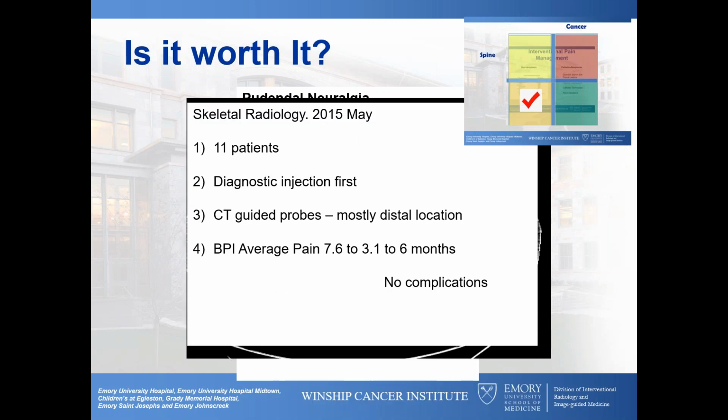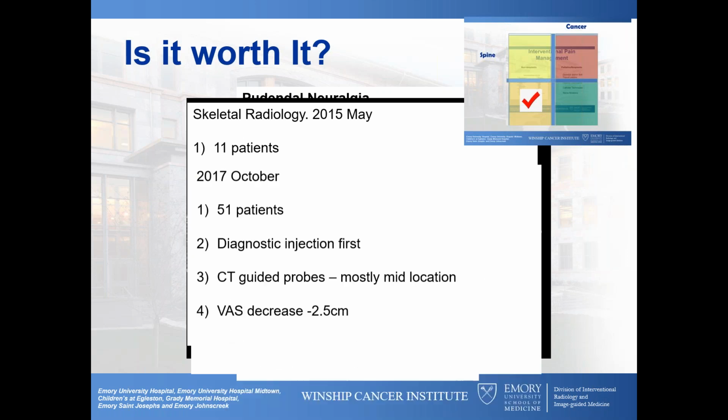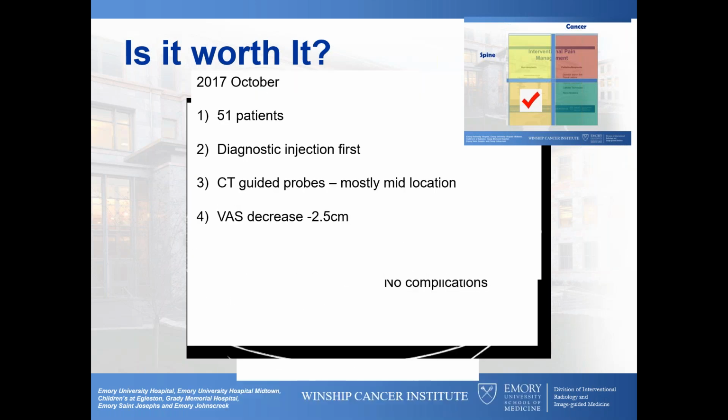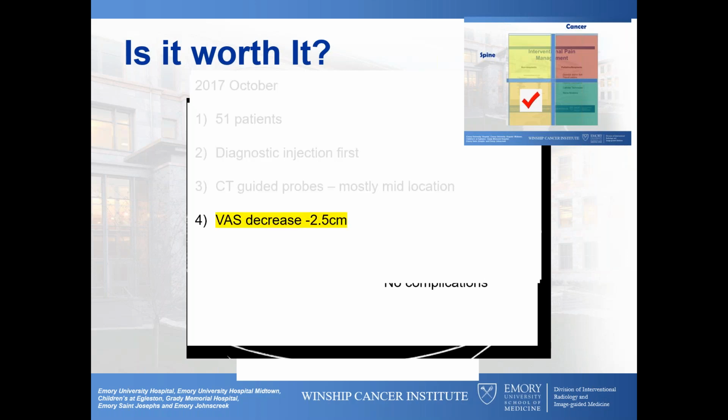So we reported our first 11 patients several years ago, and then started to do so many patients, hundreds of patients a year. And the question came up, is it worth it? Are we helping these patients? I'm not sure, right? And so we wanted to go back and ask these patients, were they doing better? Look at their VAS decrease and so on. I mentioned this